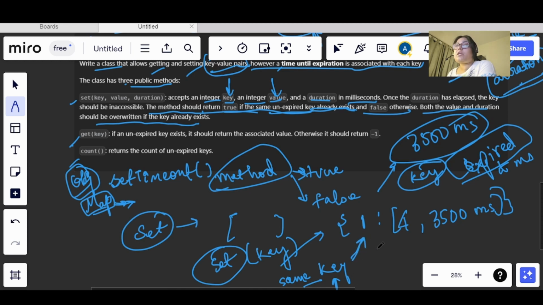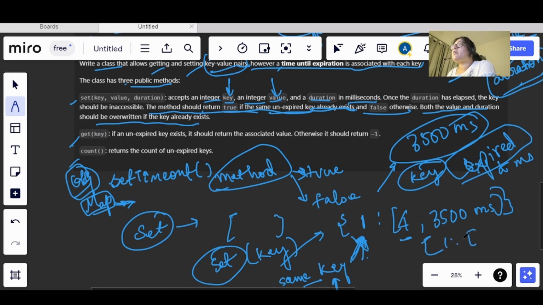If it is not expired, then we need to return true. Okay, we need to return true here if the value has not expired, and if it is expired, then we need to basically return false. Okay, so this is what we will do here. And the other thing we need to do, now let's say we have this old value and we are trying to add a new value using the same key.